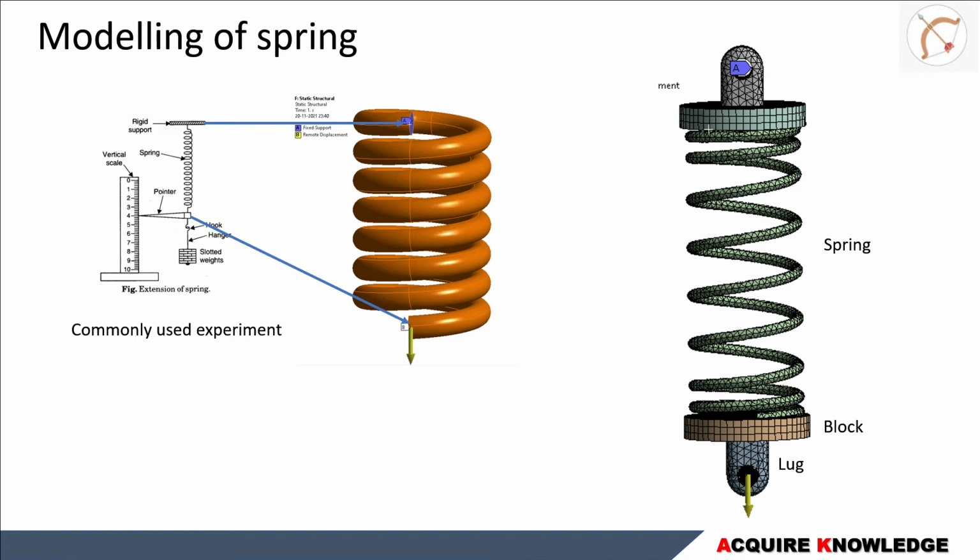Then in that case, again, we can fix the top lug at one location, and at the bottom lug we can apply some displacement and measure the forces. Suppose you apply a displacement of 1 mm, you will get the corresponding force. Then it's just a matter of k equals F by delta. So that will give you the linear values. And in case it is going into the nonlinear regime, then you can directly extract the force versus deflection data and use it for the Combin39 element.